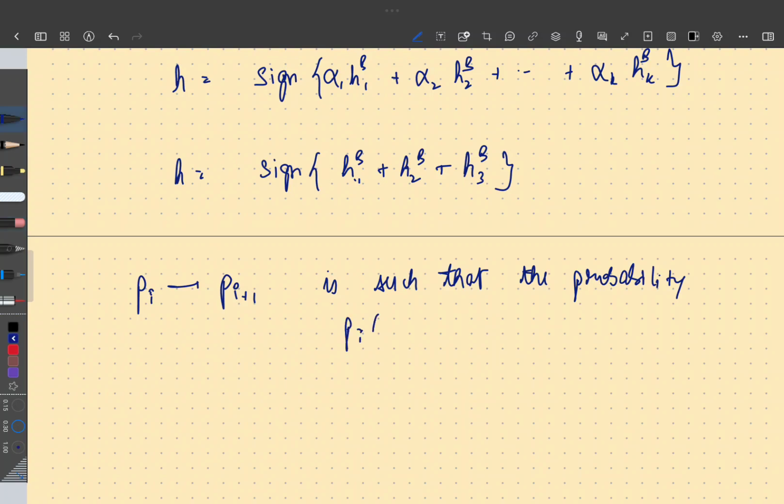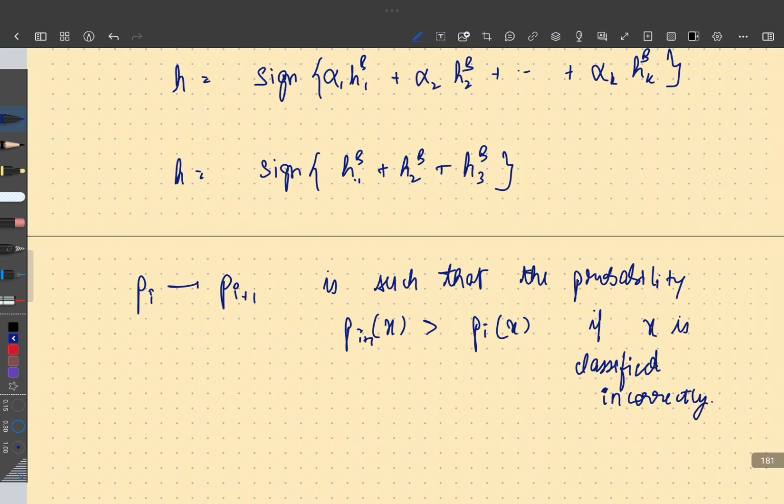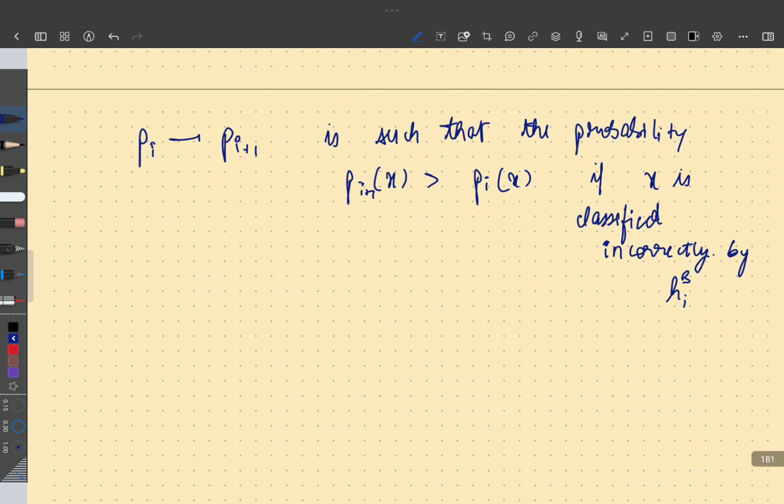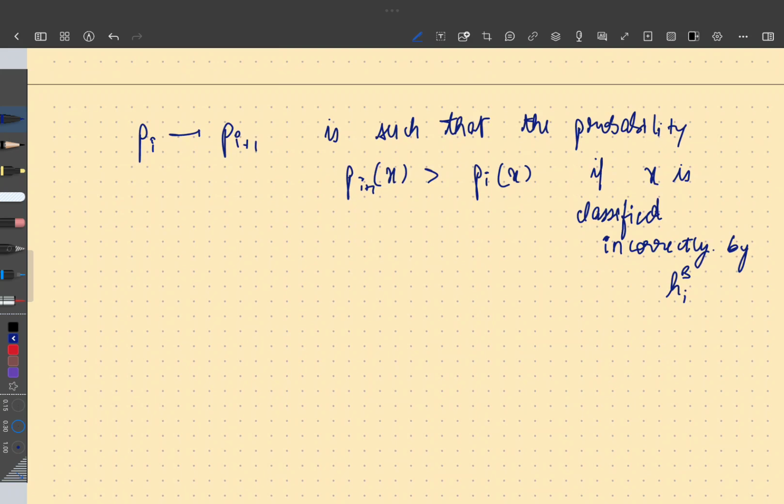Let's say Pi plus 1 of x is larger than Pi of x if x is classified incorrectly by hi. So in other words, that's